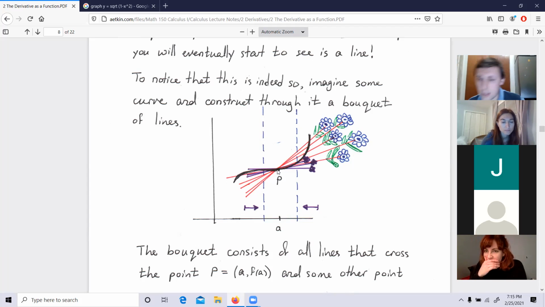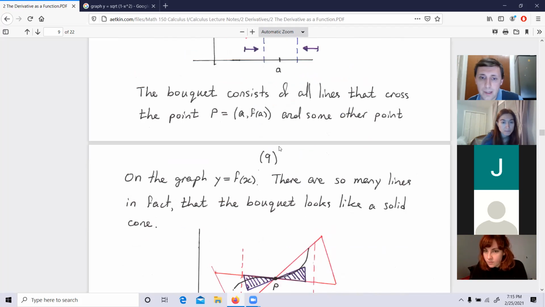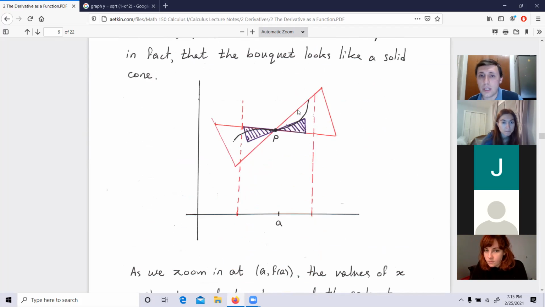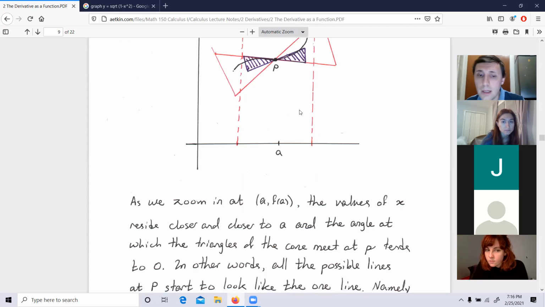We will check if you understand that idea. You see, you zoom in on a curve, you will see the tangent line. This is the illustration in terms of all the lines that you're seeing. If your point of view is wide, then you see lines that are not merging together. But you come closer, you can see that all the lines are now making smaller angles with respect to each other. So all the possible lines, the bouquet of lines, merges and starts to look like one line. Do you get me?